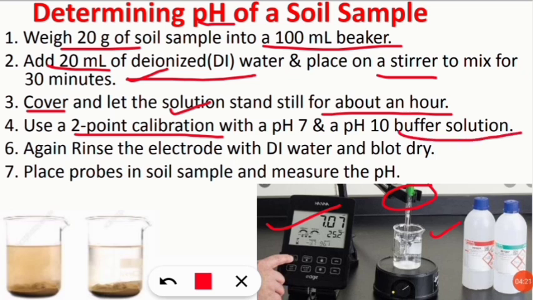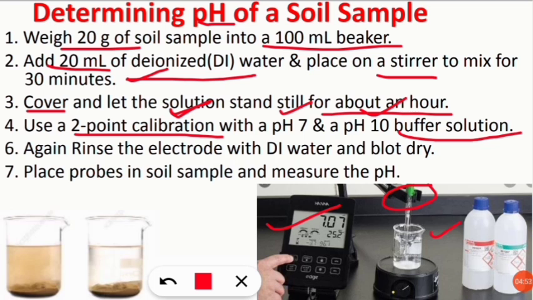These are the solutions used for calibration in pH analysis, because they resist changes in pH. If you add certain acid or alkali to those buffer solutions, then also for a longer period of time they will be stable and hold a particular pH. So if you know the pH of certain buffer solutions, that is pH 7 and pH 10, we will check whether the instrument is showing that pH level or not. And if it is showing that pH level, then the instrument is working properly, then the instrument is calibrated.